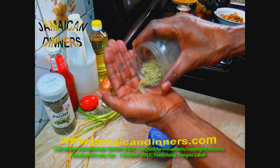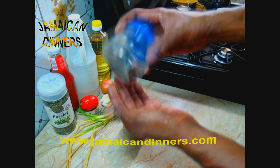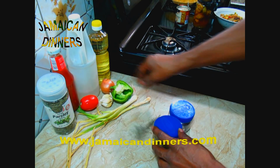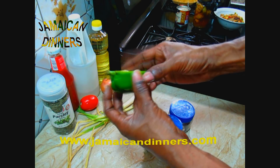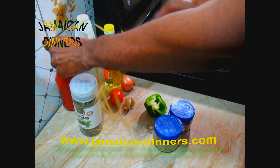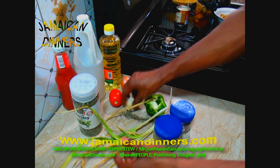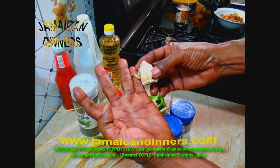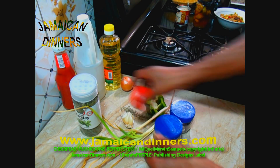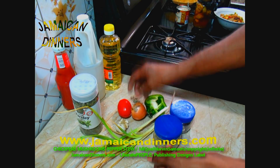And before that, that was oregano. We're going to use half a teaspoon of oregano. Now, pimento berries, half a teaspoon of pimento berries. Rosemary, you're going to need about a teaspoon of ground rosemary or a little bit less. A stalk of scallion, half a sweet pepper, any pepper, 3 to 4 garlic cloves, tomato, a sprig of thyme, an onion,